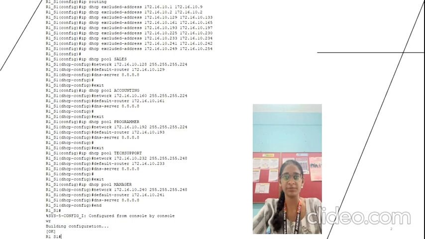Ip dhcp pool accounting, network 172.16.10.160 255.255.255.224, default router 172.16.10.161, DNS server 8.8.8.8, exit. Ip dhcp pool programmer, network 172.16.10.192 255.255.255.224,